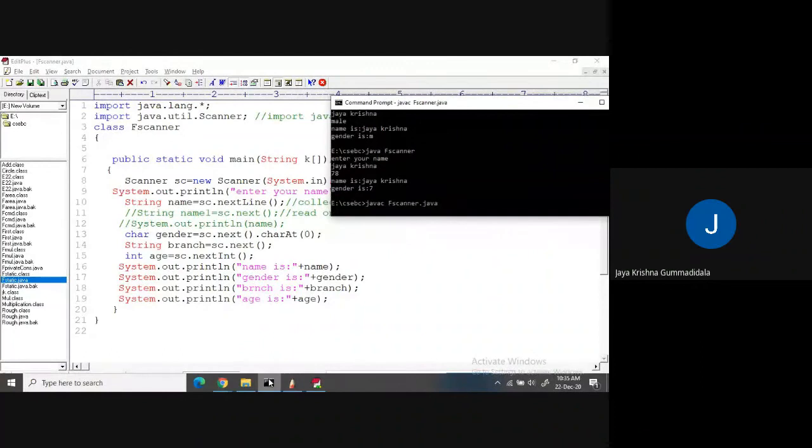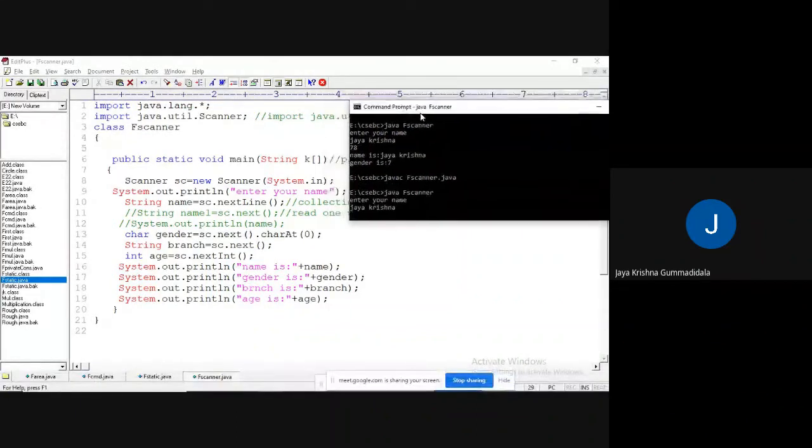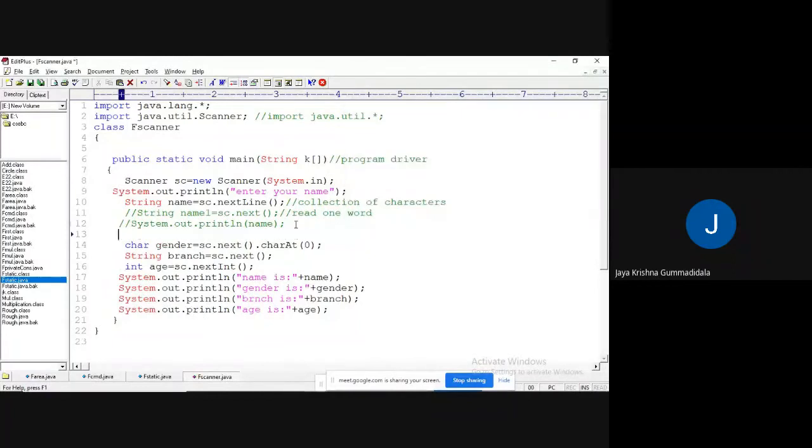Okay, FScanner.java, there is no problem. Yes, Java scanner. Enter your name, some name, Jay Krishna. It is going to read. Yes, every time you need to ask the user, so that it will be better for us, right? Enter your gender.